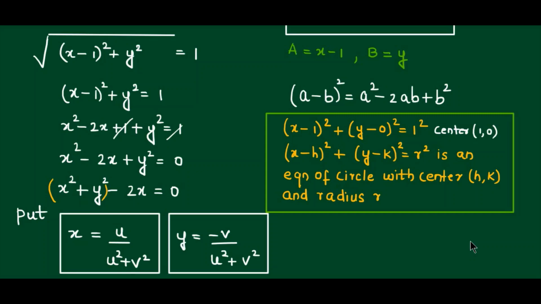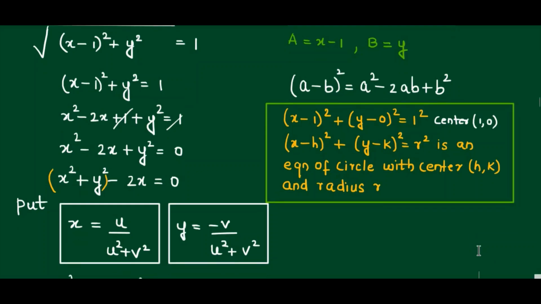That is the reason you have to simplify this equation to its simplest form. Only after you get the simplest form do you substitute. Now, you may notice we have cancelled 1 and 1, and then always bring the terms x square and y square together. I will tell you later why we are grouping these two together. Now, if it is in this form, you can substitute x and y. After substituting x and y,